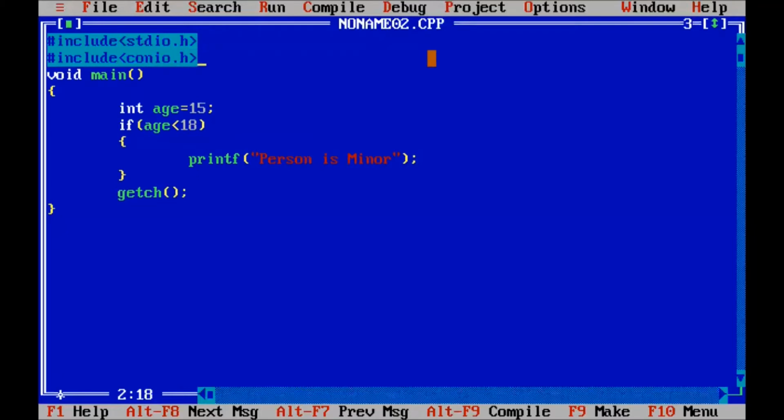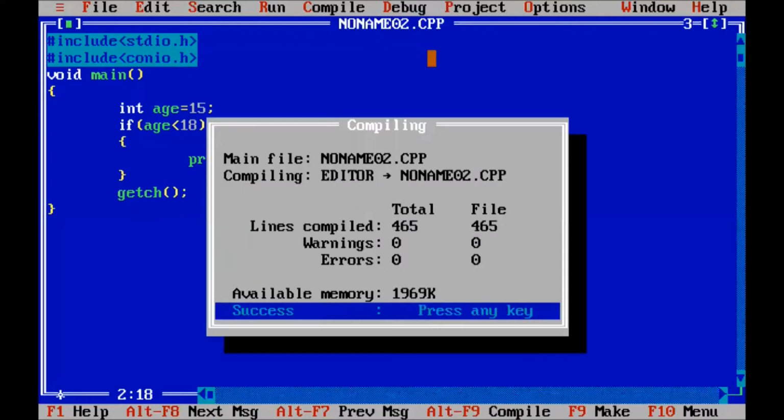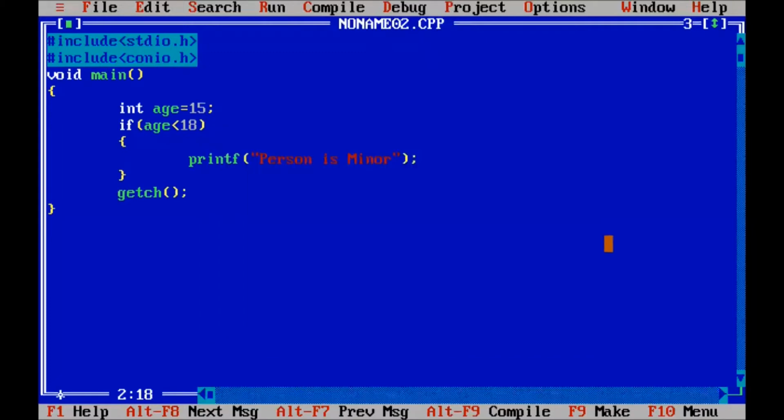Now we compile this program. There are 0 warnings and 0 errors. Now we will run it with Control plus F9.